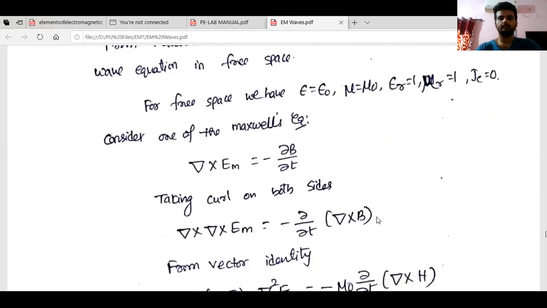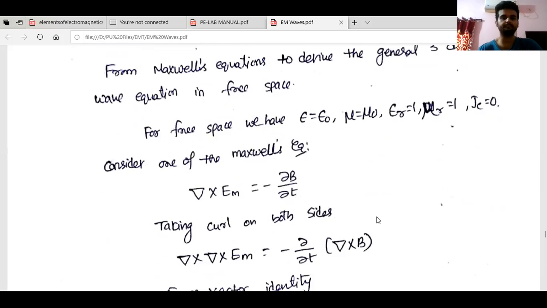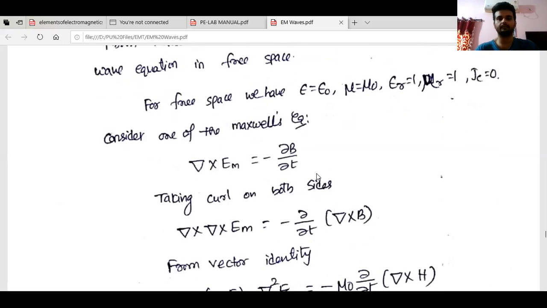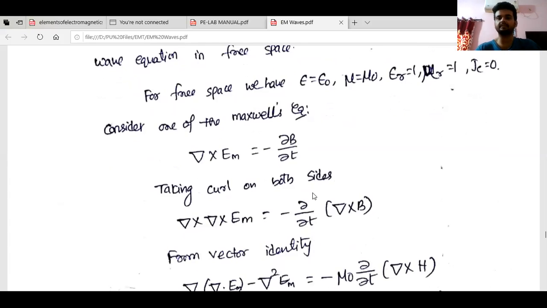Now consider all the Maxwell equations. Del cross E equals minus del B by del t. This is for which case? Case 1, when the loop is static but the magnetic field is time varying. Now take curl on both the sides. If you take curl on both the sides, we get del cross del cross E equals minus del by del t of